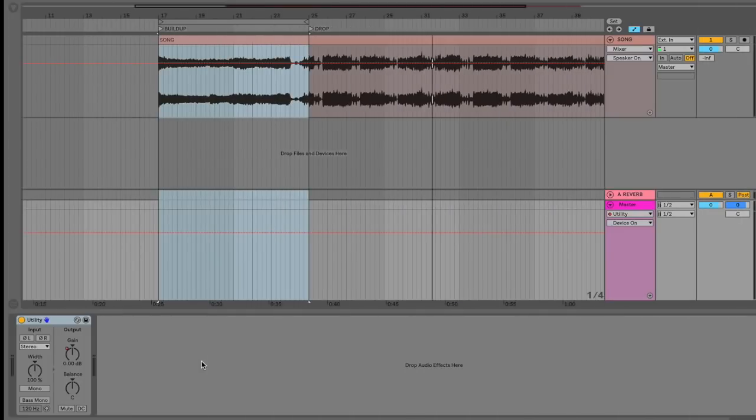Taking away these sides of the stereo image will make the track seem like it is more in mono. So as the build-up continues on, the sides will be taken away and it will slowly start to sound a bit more mono, as the sides of the stereo image collapse and the track becomes more narrow. And once the drop hits, we'll turn it back to unity and the drop will seem like it is